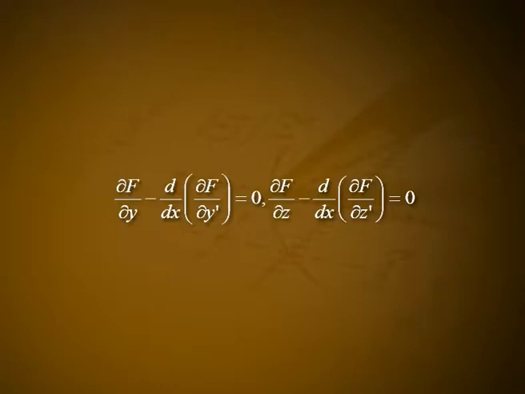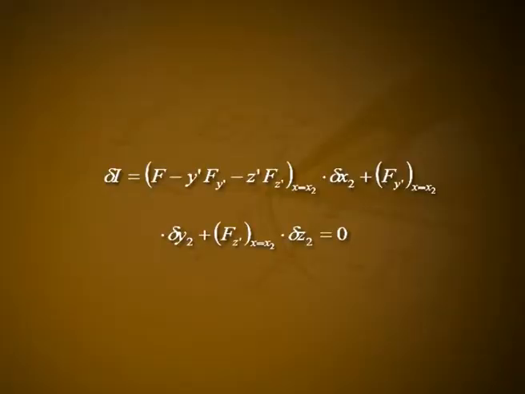It is clear that the extremum can be attained only on the integral curves of Euler equations: ∂f/∂y - d/dx(∂f/∂y') = 0, ∂f/∂z - d/dx(∂f/∂z') = 0. The general solution of these equations contains 4 arbitrary constants. Since the boundary point A(x1, y1, z1) is fixed, it is possible to eliminate 2 arbitrary constants. The other 2 constants have to be determined from the necessary condition